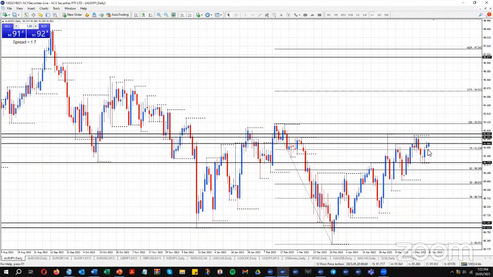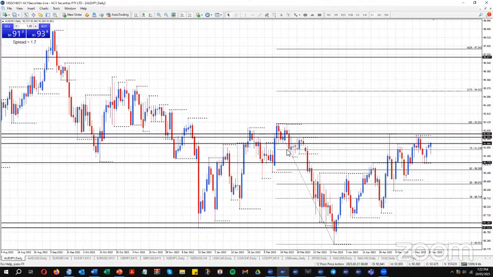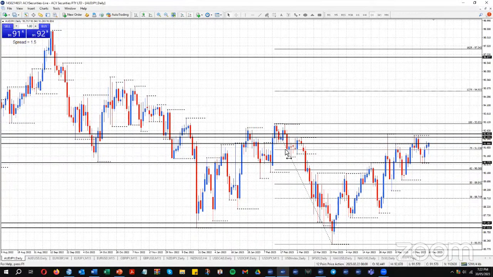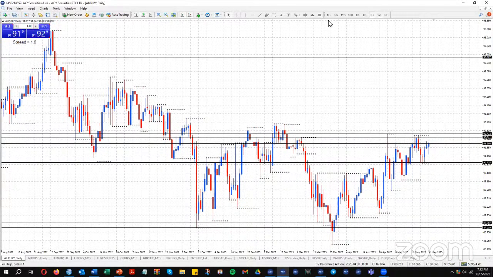So we actually did move back below the 79% level today, but obviously we're back above it at the moment. So we're definitely in the high area of the range. So I'm not looking to be a buyer in the high area of a range. And